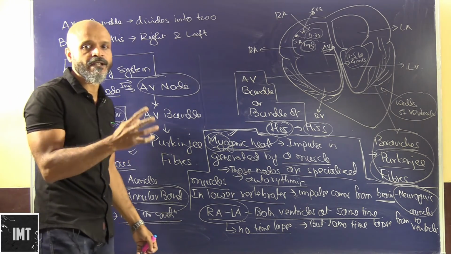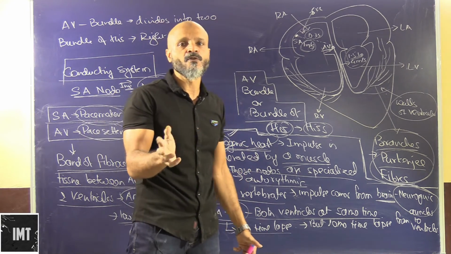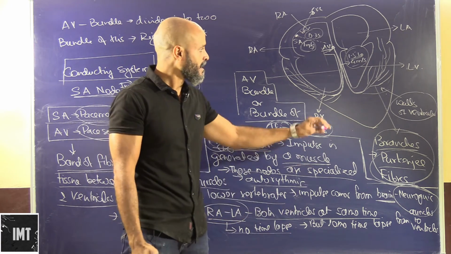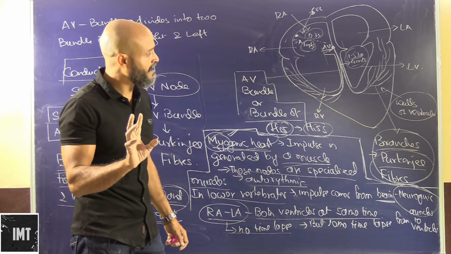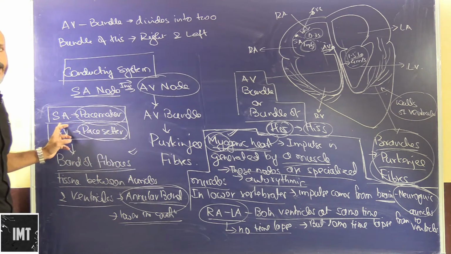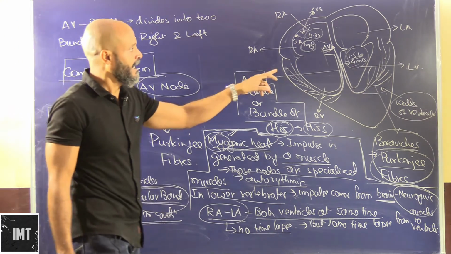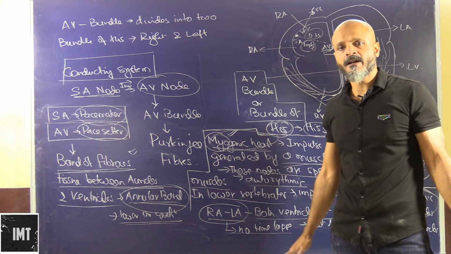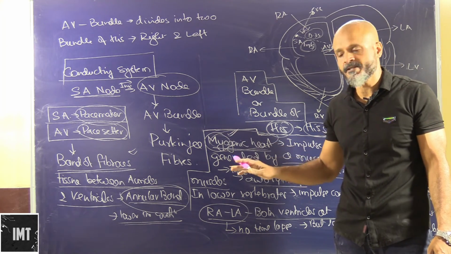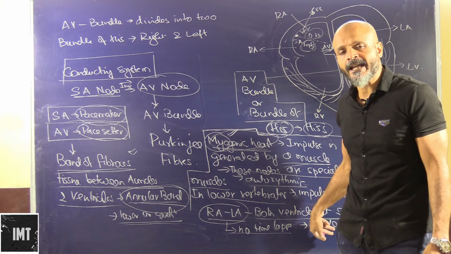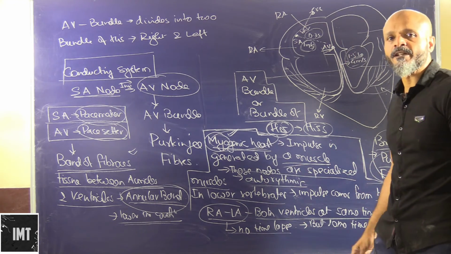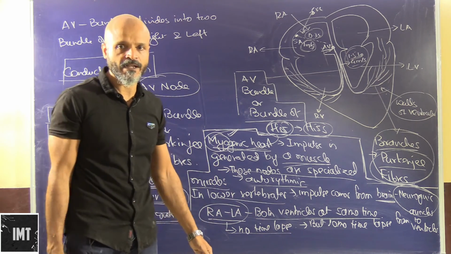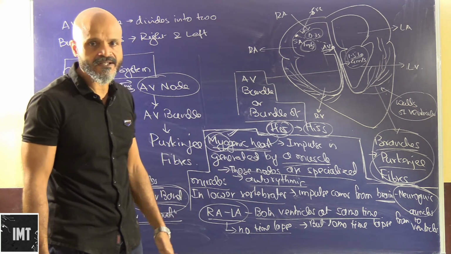Our heart is myogenic. Why? Because it is autorhythmic. We don't have to depend on the nervous system to generate the rhythm or the impulses. We have a special sinoatrial node, known as the pacemaker, and the AV node is the amplifier. So it is a self auto-generated impulse, whereas in neurogenic animals the impulse is dependent on the nervous system. The nervous system has to be continuously associated with the generation of the impulse. Ours is an autorhythmic system.